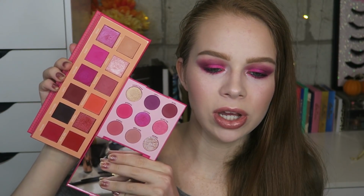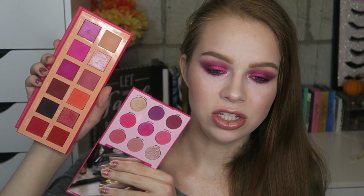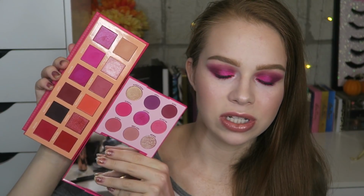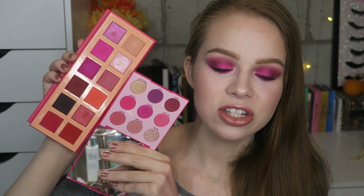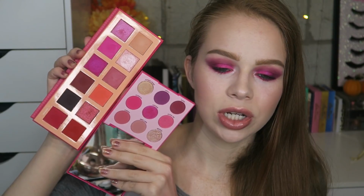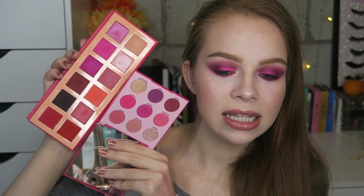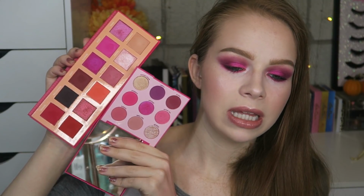Really quickly, I wanted to do some palette comparisons in case you already own any of these. This is the Ace Beauty Blossom Passion palette next to the Colourpop one. Ace Beauty is definitely a little bit more expensive, but they obviously have a lot more product. You can just tell from looking at the two palettes. There are some similar shades in here. I think the lighter transition shade, the really bright pink, the purpley pink metallic, the darker brown plummy shade,